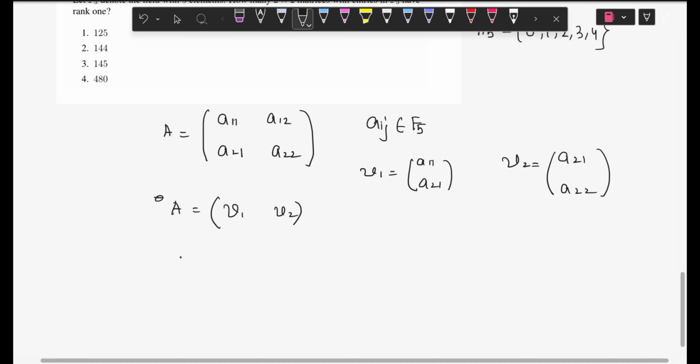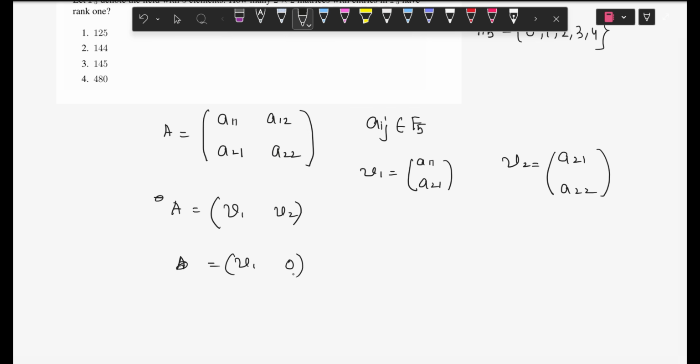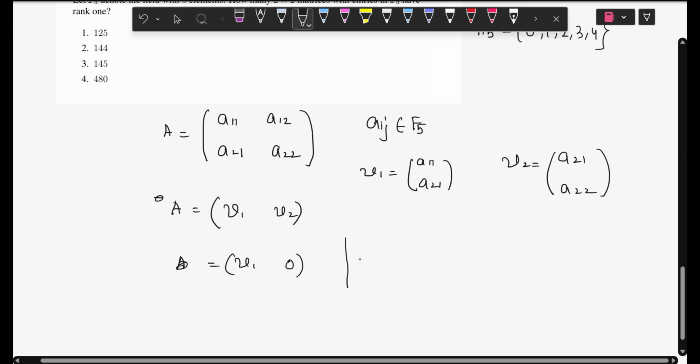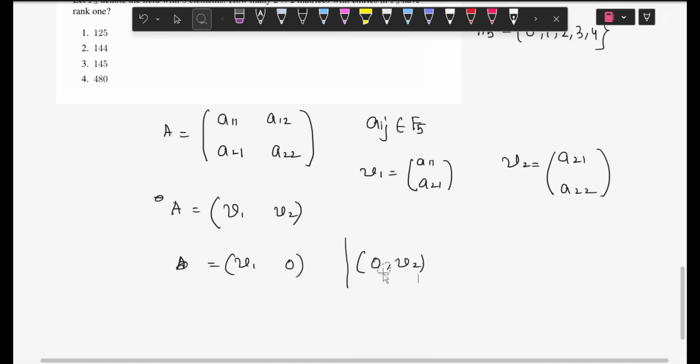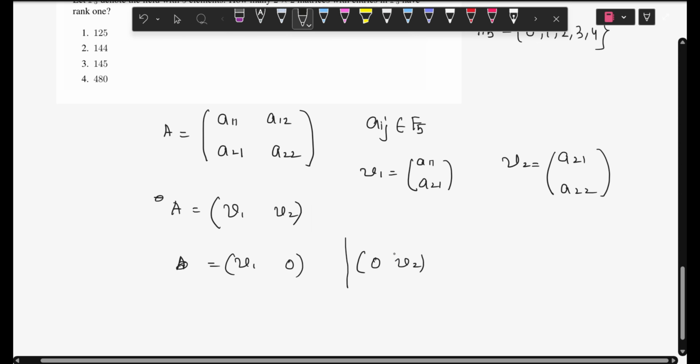रैंक ऑफ A इज इक्वल टू 1 हो सकता है ऐसे, इफ वी हैव v1, 0, where 0 is a zero vector, ऐसे मतलब v2 अगर 0 होगा तब रैंक 0 और रैंक 1 आएगा अगर v1 नॉन जीरो होगा। ऑल्सो अगर v1 0 होगा और v2 नॉन जीरो होगा तो ऐसे अगर इफ वी कैन एक्सप्रेस A इन सच वे फिर भी A का रैंक 1 आएगा, एंड A का रैंक 1 आएगा अगर v1 v2 का रैंक 1 आएगा इफ v2